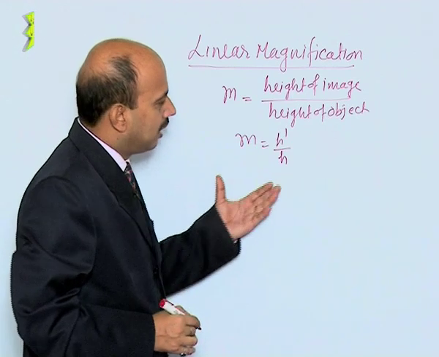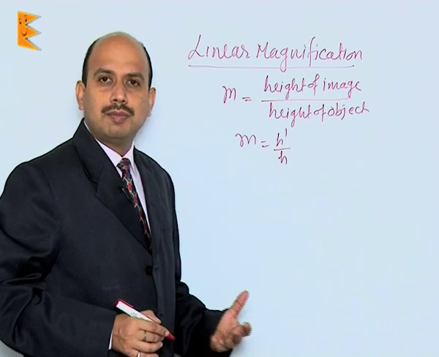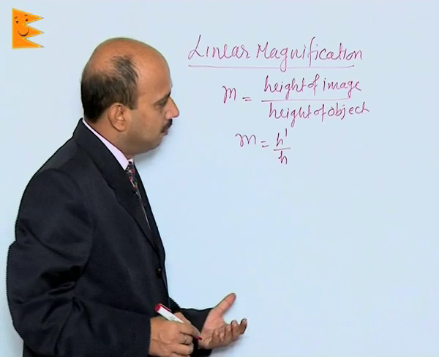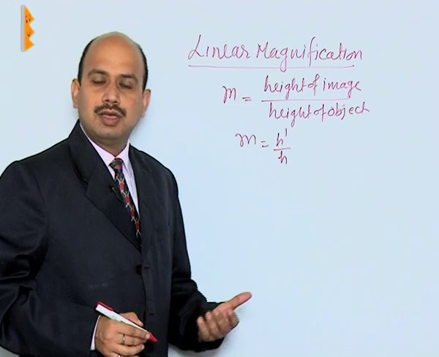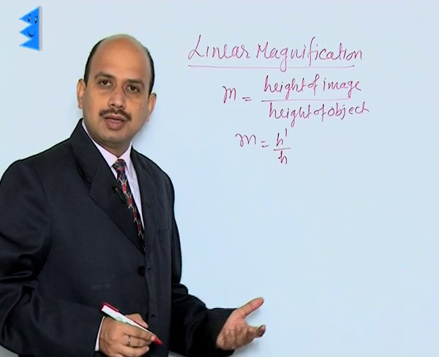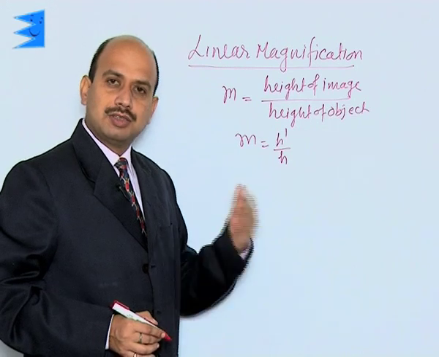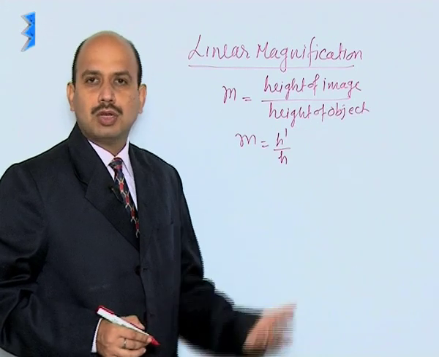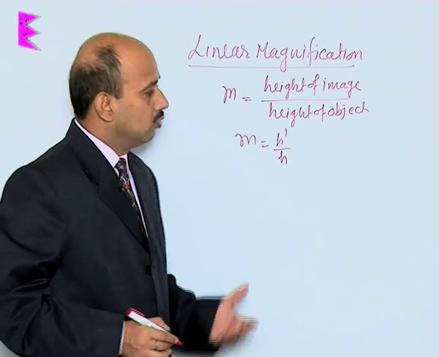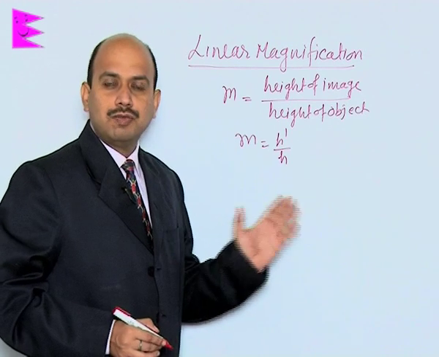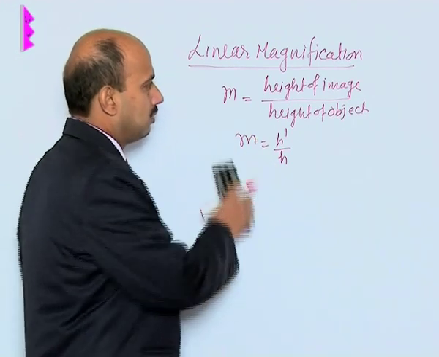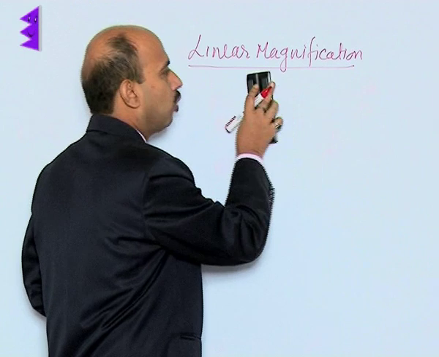Linear magnification has no unit, but by knowing the linear magnification or the value of m, we can tell whether the image is real, inverted or virtual, erect, or we can say whether the image is larger than the size of the object or smaller than the size of the object. So, now let us derive a relation for this linear magnification in terms of the image